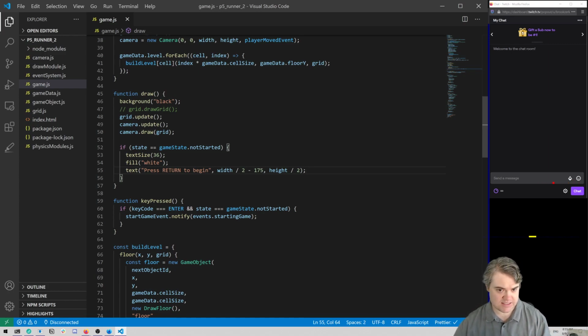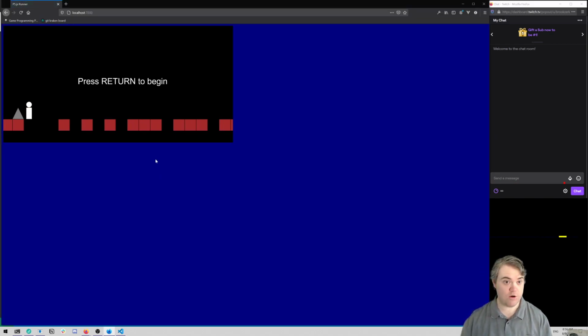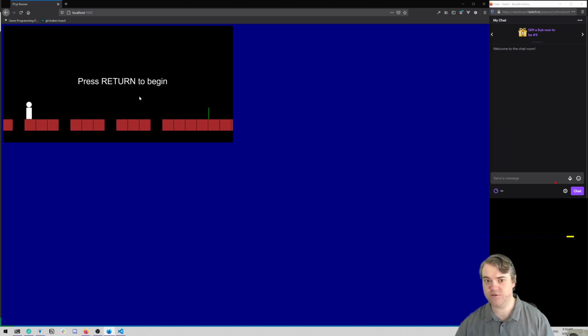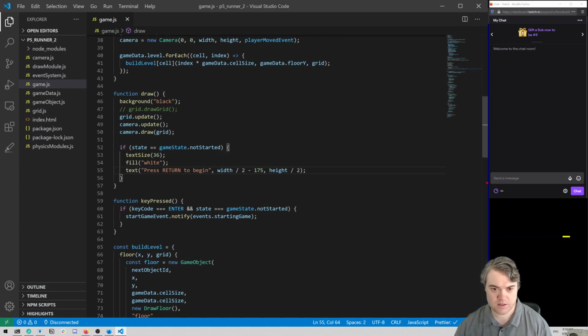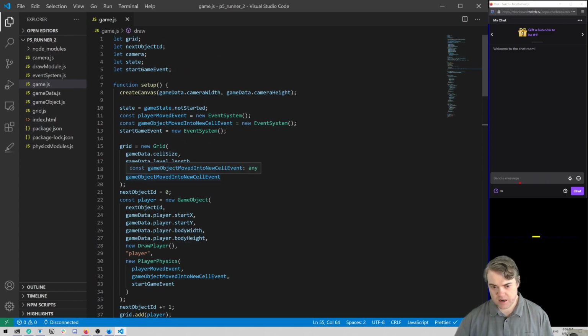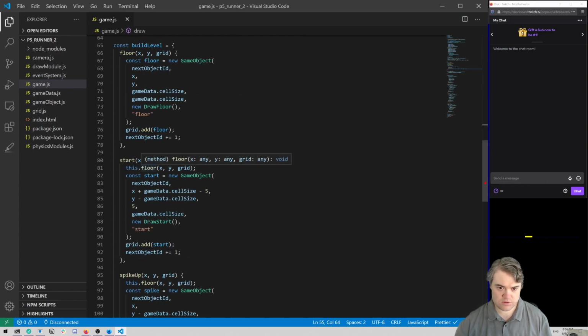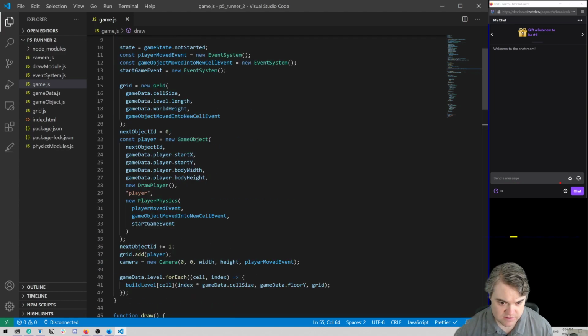But if I do this, I think as soon as we move into the playing state, then this should go away. See how I actually made this? No, I did not. So we don't actually switch over into the other state, clearly. So how would I end up doing that? And in fact, where would I do that? In setup, we have